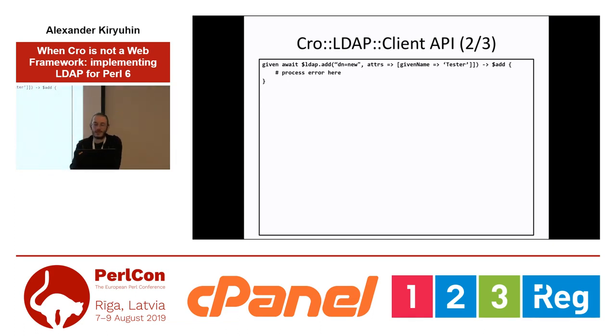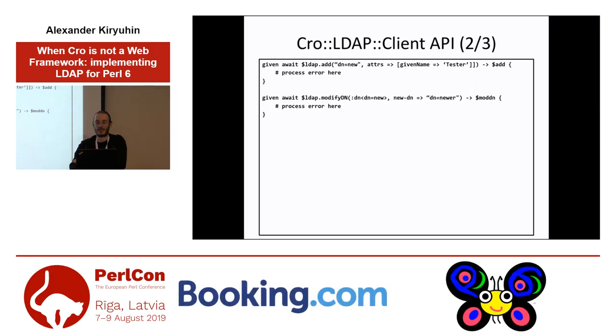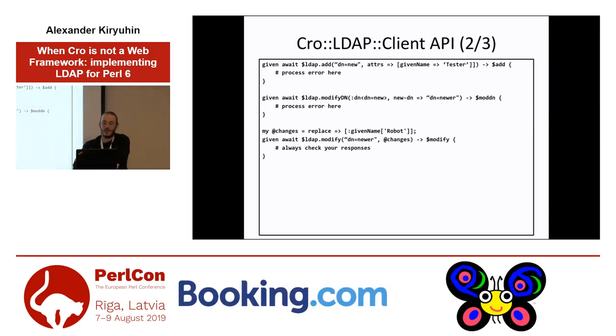Was it successful or not? And we can, for example, rename it, because we don't like this dn equals new, so we rename it to dn equals newer, and of course we check the response. For example, we want to modify our entry and just replace the value of the attribute given name to be robot now, and of course we specify dn equals newer because we just renamed it, and of course then we check